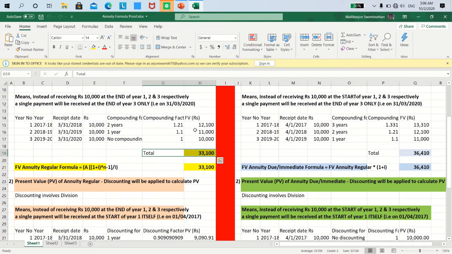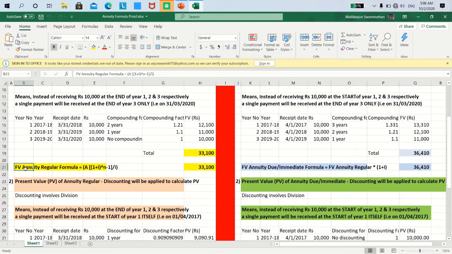Therefore, to avoid that detailed computation is where we derive the benefit of the formula that you have already learned in the file in one of the earlier sessions under the FV annuity regular formula, wherein I taught that to you based on the GP finite series, correct?